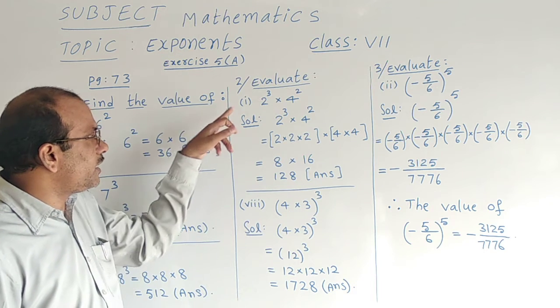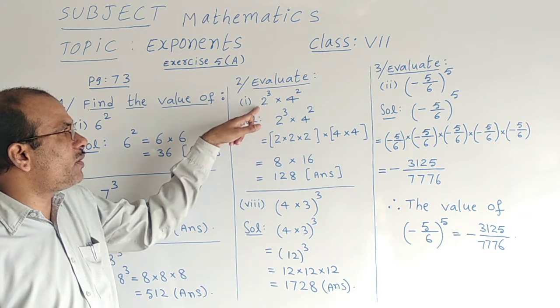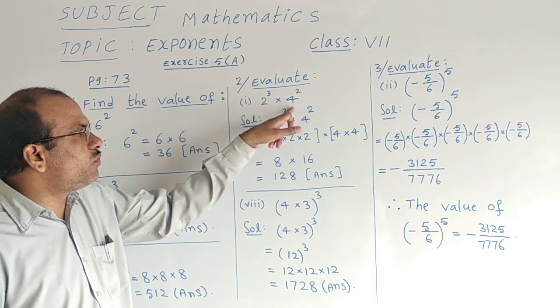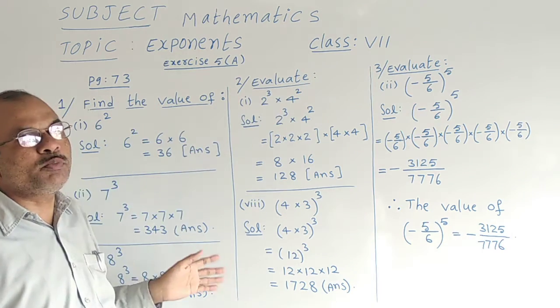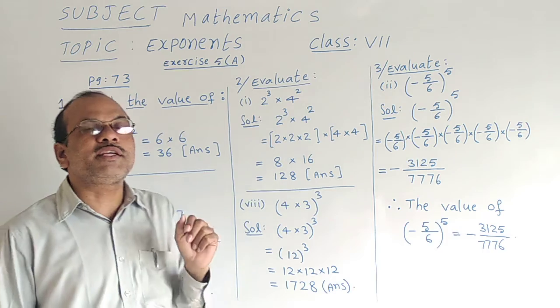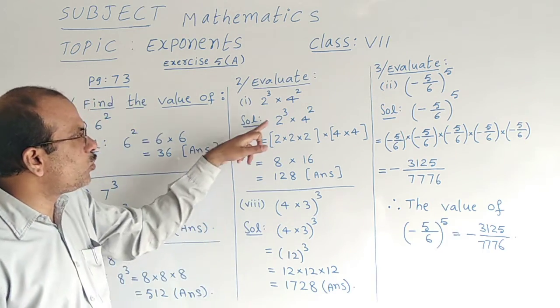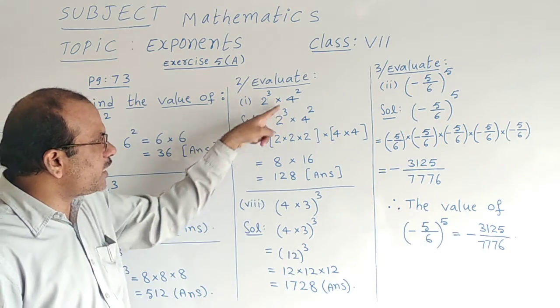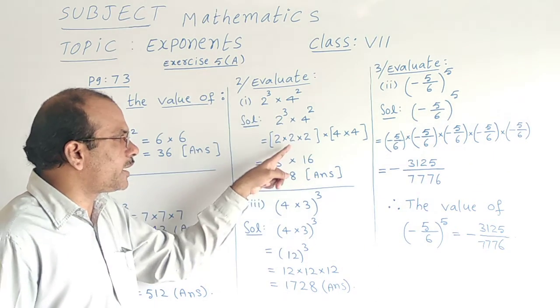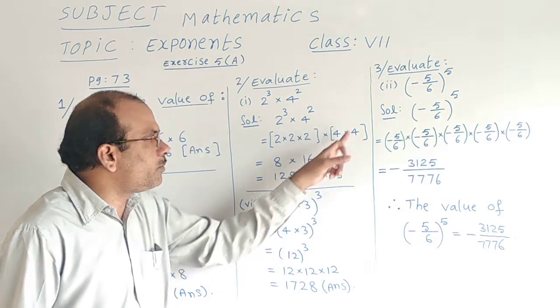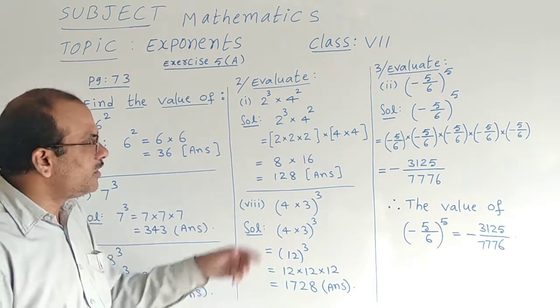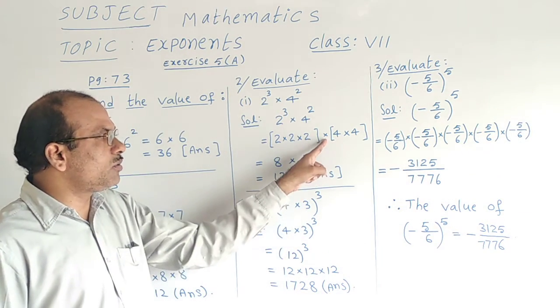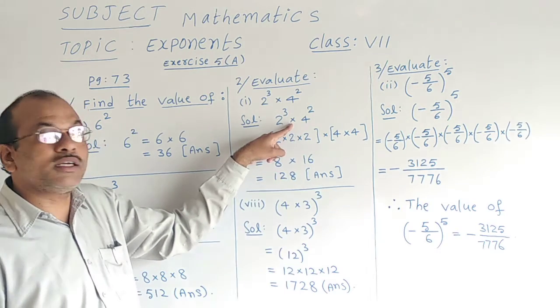Now the question given in the first bit is 2 power 3 into 4 to the power 2. Same like the previous, but two things are given at a time. 2 power 3 into 4 to the power 2. The first one I am arranging in a separate bracket. The second value also I am arranging in another bracket. Between the two brackets, the into symbol is arranged because they said into.